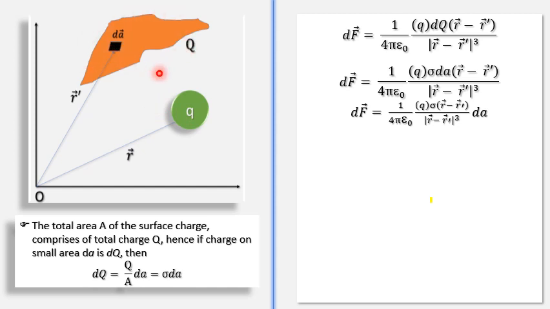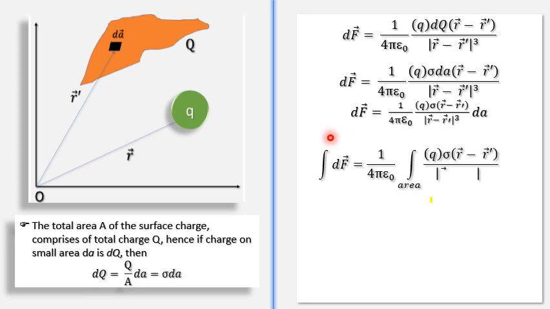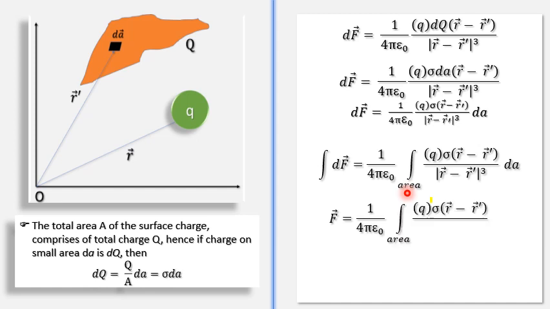Now I have the force on the point charge due to a small surface element, but I want the total force. What to do to get the total force? Integrate both sides. So now I'll integrate on the left side and right side, and here I need to be careful that I am integrating over a surface, so I must mention area here, that this is the integration over area, unlike the previous case where integration was over a line. There we had limits 0 to L. In this case we will have to mention that the integration is over area. Now the left side will be F, the integration of dF will give us F, the right side will remain as it is, and this is what we have